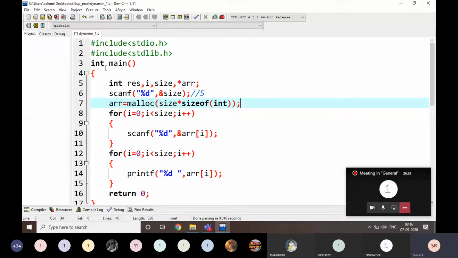What type of variables are we going to use? If it is an integer, sizeof integer. If it is a float, sizeof float. If it is a character, sizeof character. We have to take it like that.